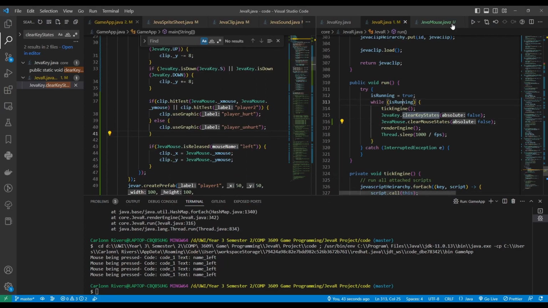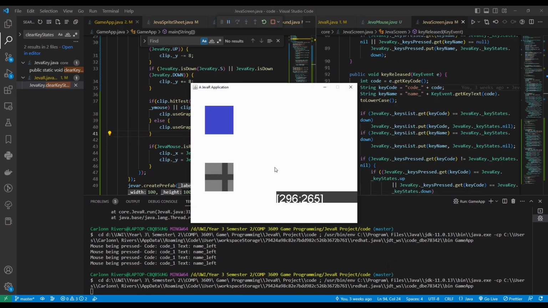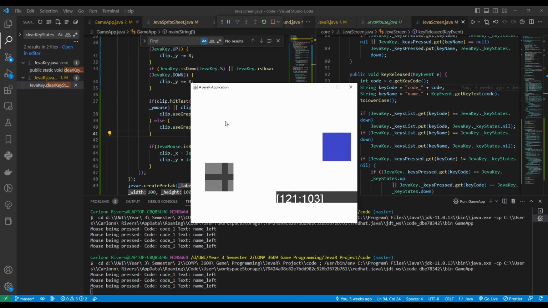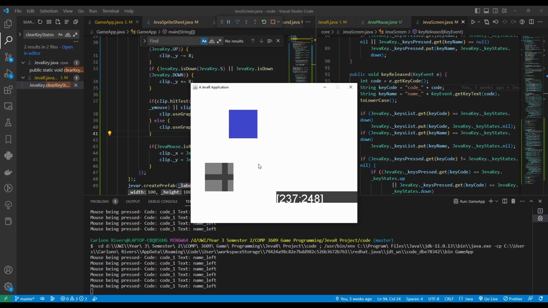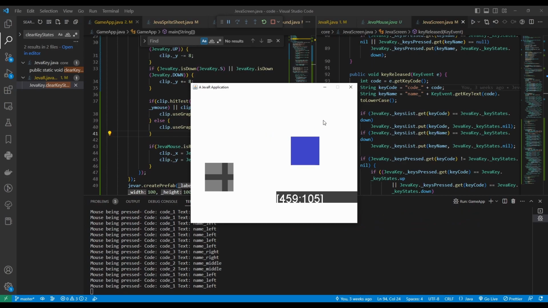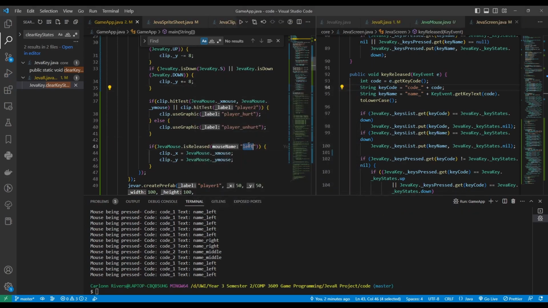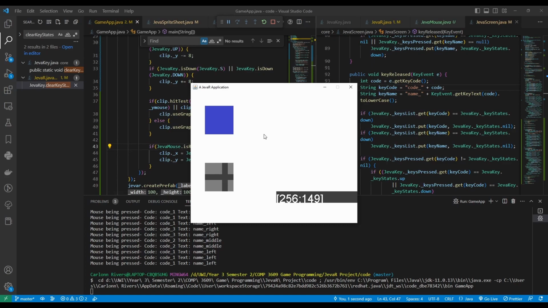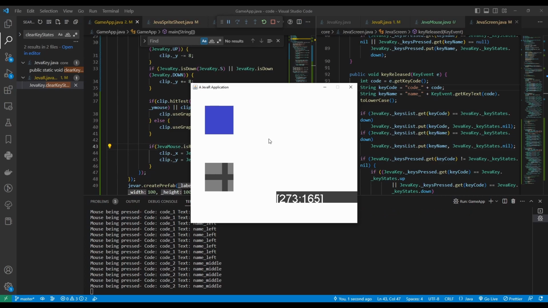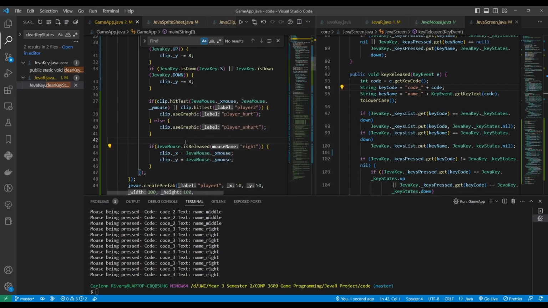So let's just test that out to see. When I release, it should go to that spot. So I release and it's here, release and it's there. Every time I release for the first time, it goes to where it should be. Now let's see if we can do the same for the left and right. When I click the left button, nothing happens. When I press the middle mouse button, nothing happens. When I press the right mouse button, you can see that it works as it should. So yeah, I think that'll be all for this